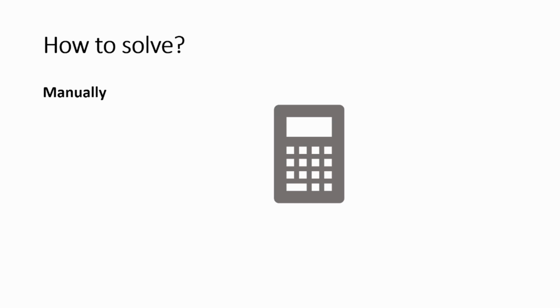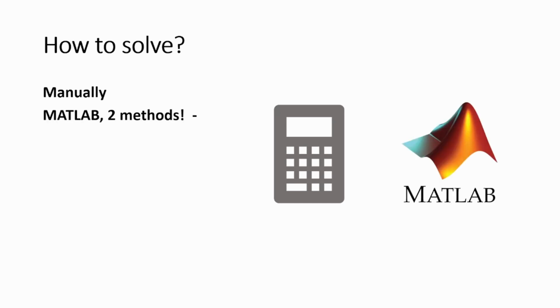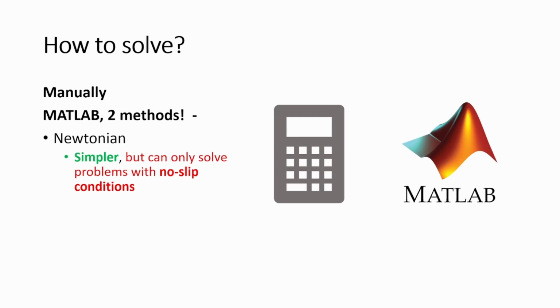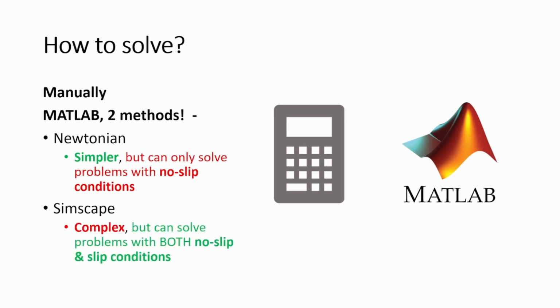One is manually with a calculator, pen and paper, or we can use MATLAB, a computer program by which there are two methods. The first being Newtonian, which is considered simpler in code, but can only solve problems with no slip conditions, or we can use Simscape, which is more complex in code, but can solve problems with both